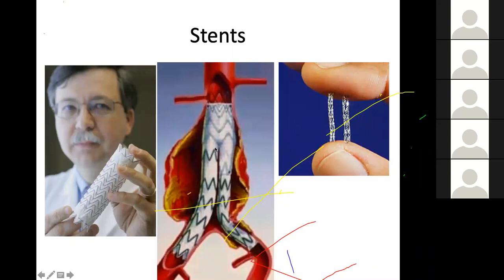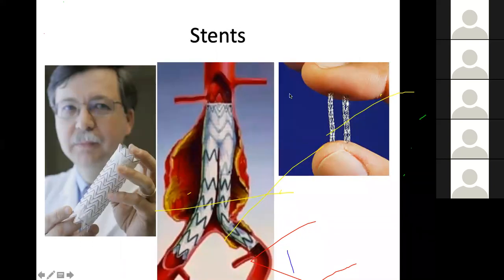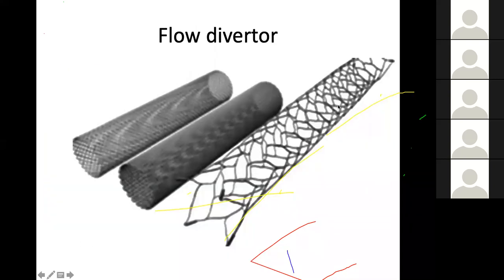Okay, there is another category of stents which are with us for less than a decade now. These are known as flow diverter stents. These are a hybrid between a covered stent and a bare stent. These are actually bare stents. They do not have a fabric on it, but the mesh of these stents is so closely knit